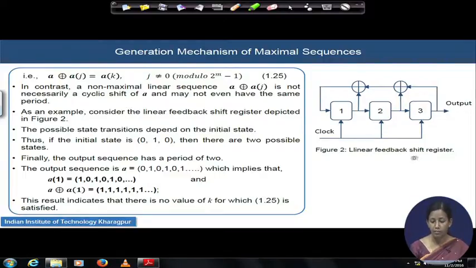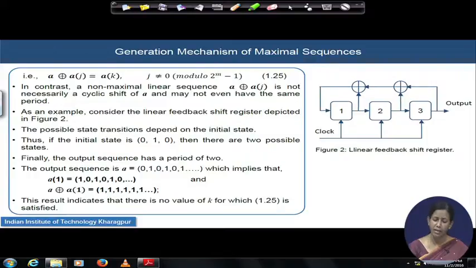Suppose we see this linear feedback shift register architecture where we have 3 stages. Unlike the first example where we took the feedback from stage number 2 and stage number 3 and did the XOR operation, here we have 2 XORs in the feedback path, where the output from the first stage also takes part in the feedback logic. If you develop the table of generation the way we did in the last module for the other example, and generate the sequence at the output,